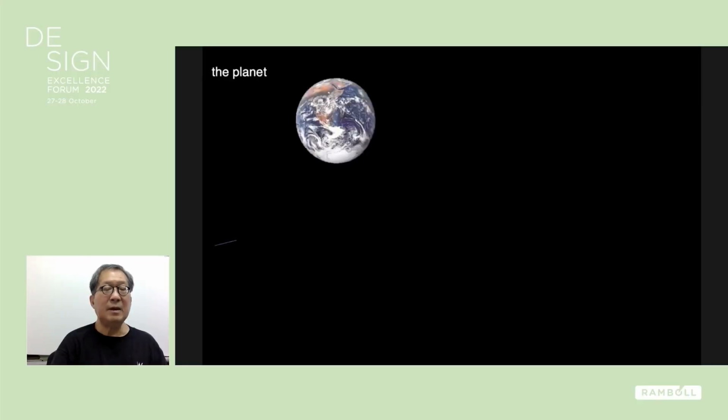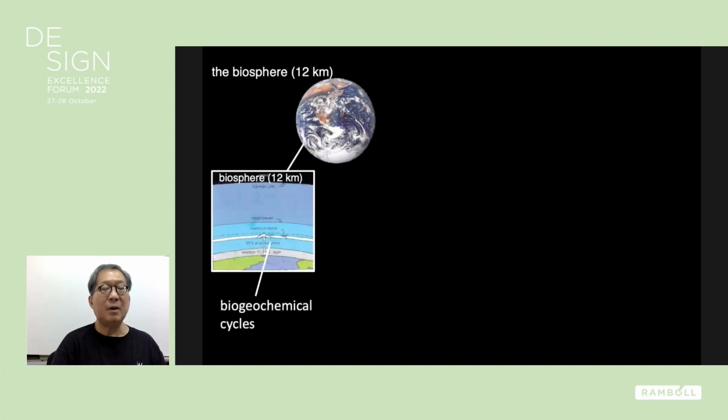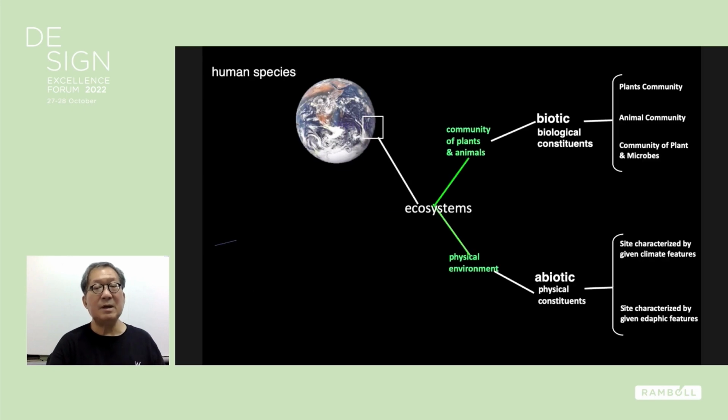Nature is actually this thin film around the planet called the biosphere, where organisms live. And within the biosphere, there are units which are called ecosystems. An ecosystem consists of communities of plants and animals acting together to form a whole. It's a holistic system. Holism is a property that differentiates organisms from technological systems, from mechanical systems, because mechanical systems are not holistic. The whole is not greater than the sum of its parts.